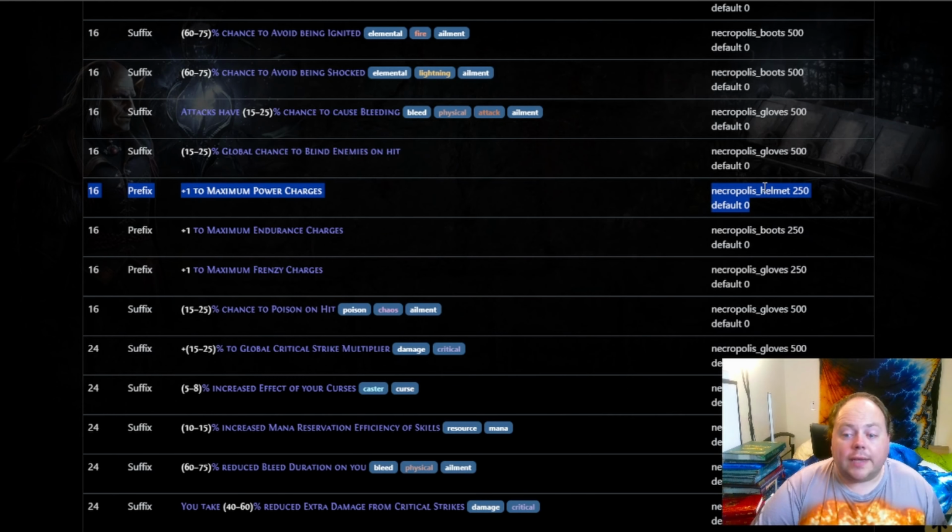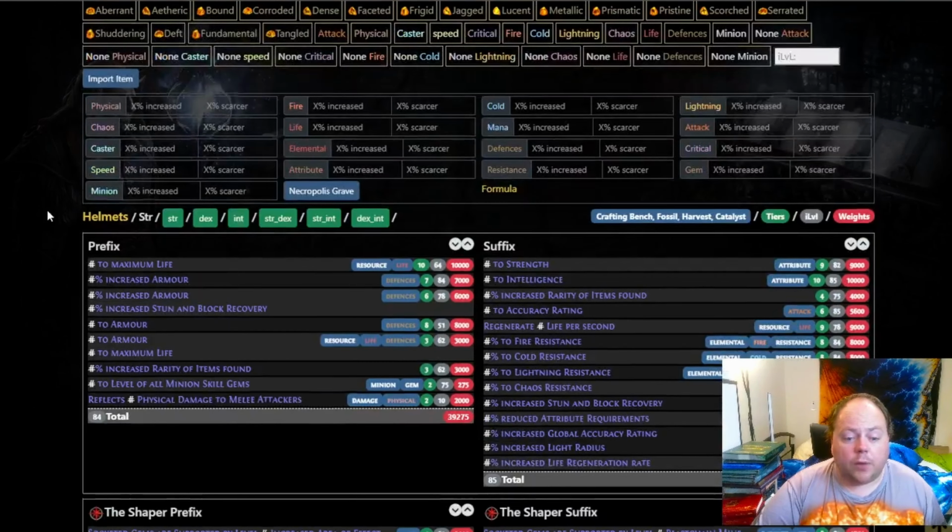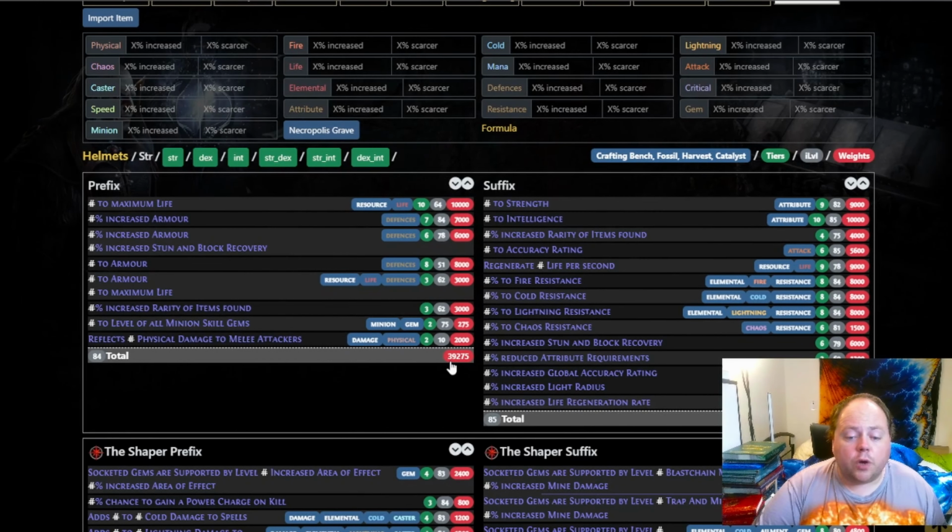Okay, so our desired prefix is +1 maximum power charges. This has a drop weight of only 250. Let's have a look at the various mods that can roll on a pure strength-based helmet to start with. Here you'll see that the prefixes total 39,275. In short,